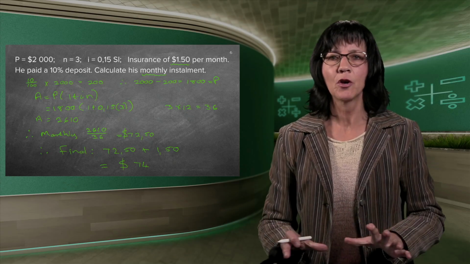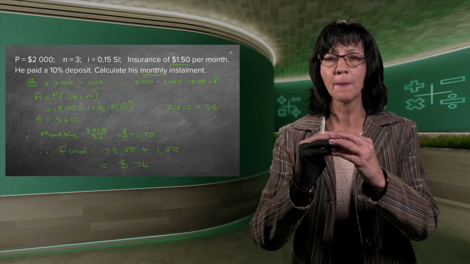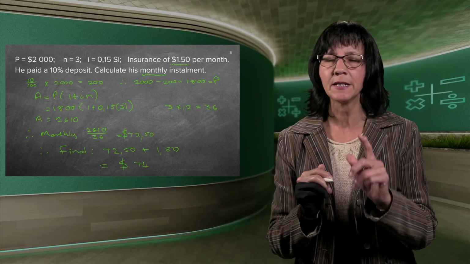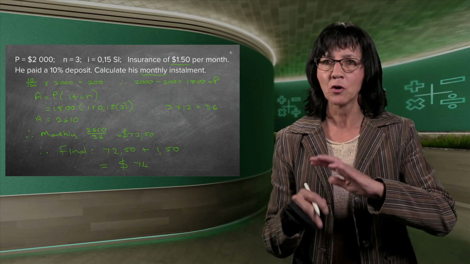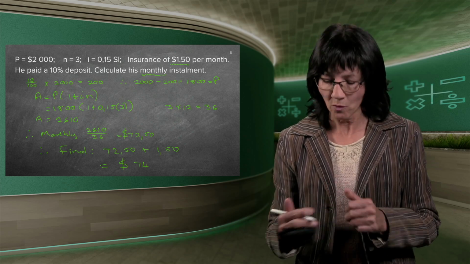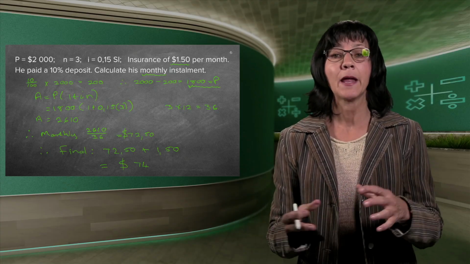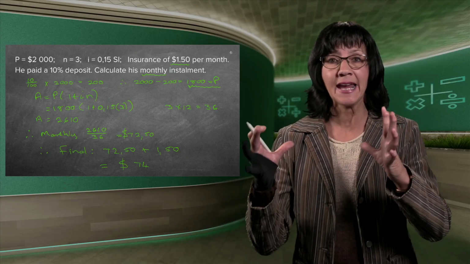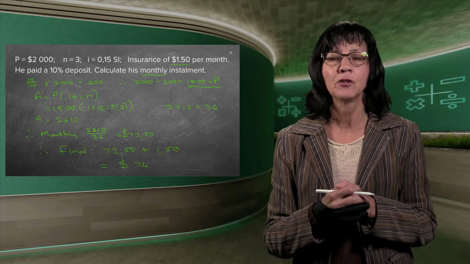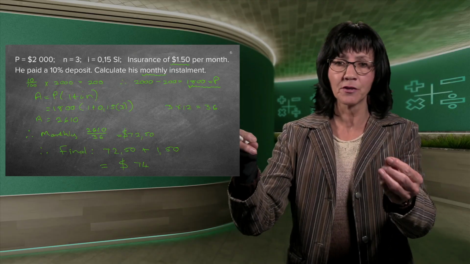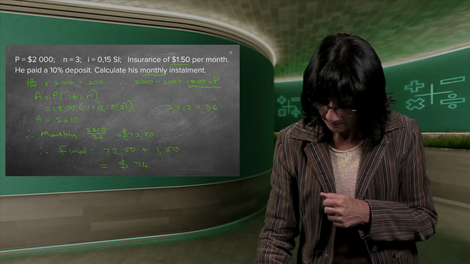So it seems like a lot of stuff that we've done, but if you think carefully about it, it was one formula, but before I could have used that formula, I needed to subtract my deposit. So be very careful that you always remember deposit must be subtracted first, and once you got your new P, you can just slot it into your formula, and once I get my answer, that is the end amount. That's why you need to really know what all the letters stand for. And then I need to divide it by all the amount of months, 36 in this case, because it was 3 years, and then I get my monthly installment.